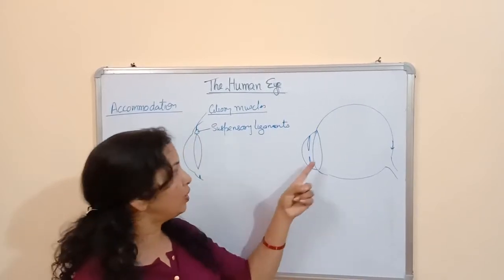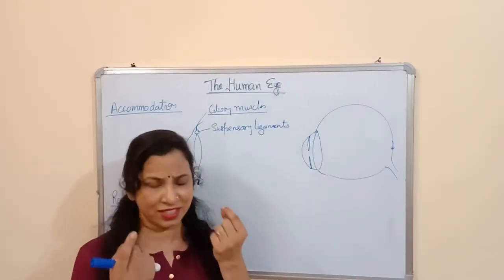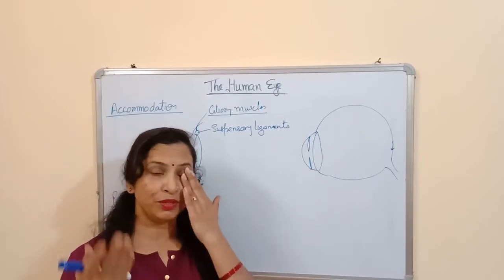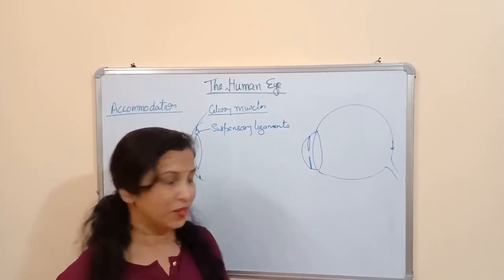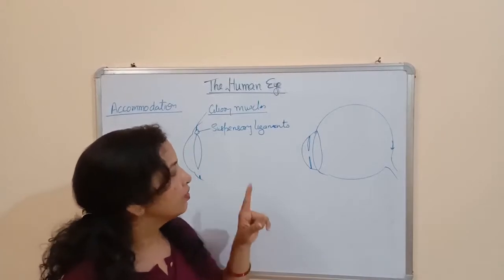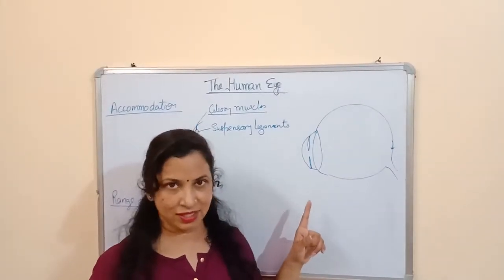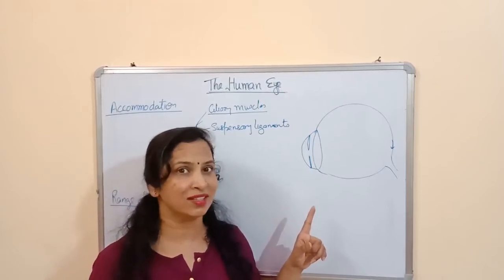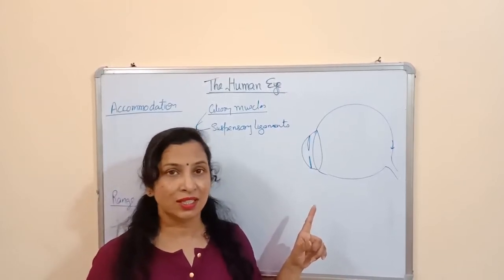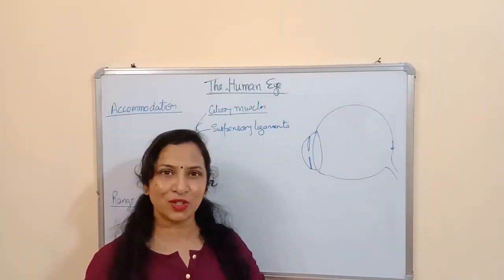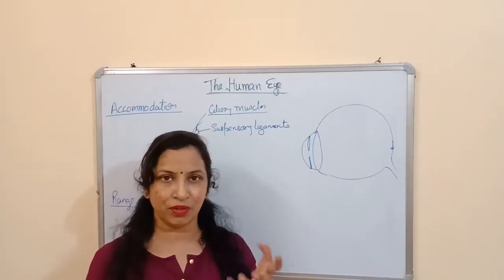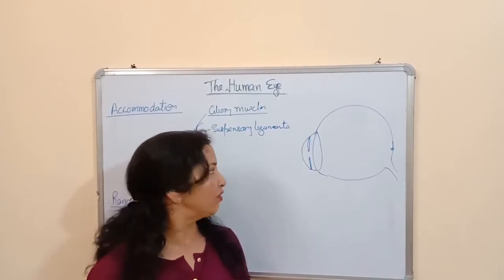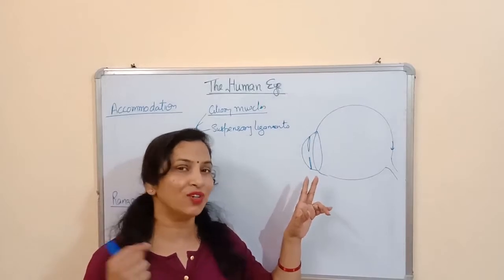So it means we have only one lens. It means it is two lenses we can say, but I am telling about only one eye. We are able to see by only one eye. So it means we have a convex lens, and it can change its focal length. Its focal length is not fixed. It can be changed. We know that this lens is not actually made up of glass, it is made up of protein, gelatin, which is flexible actually. So we can say, yes, the lens can change the focal length.